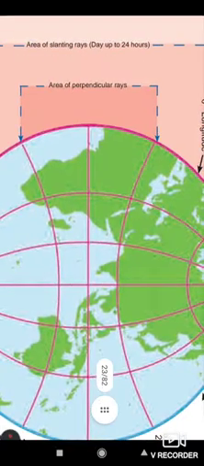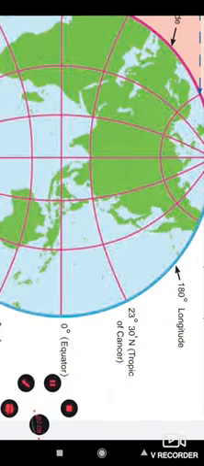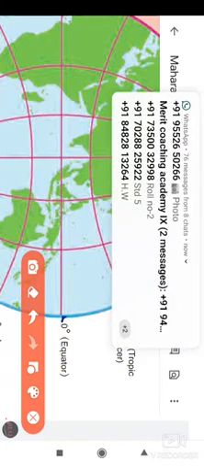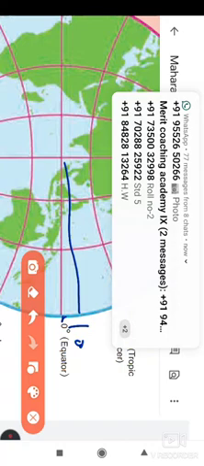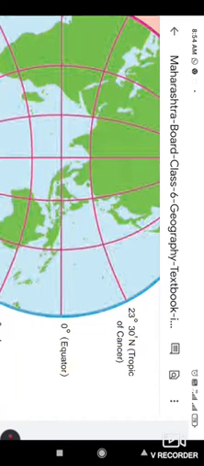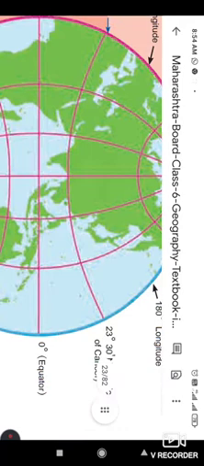latitudes. Okay, latitudes, that is at equatorial region it is 0 degree, then from here it is 10 degree, then 20, then 30, 40, 50. Okay, so it goes upward with calculating degrees. We have to identify the position.